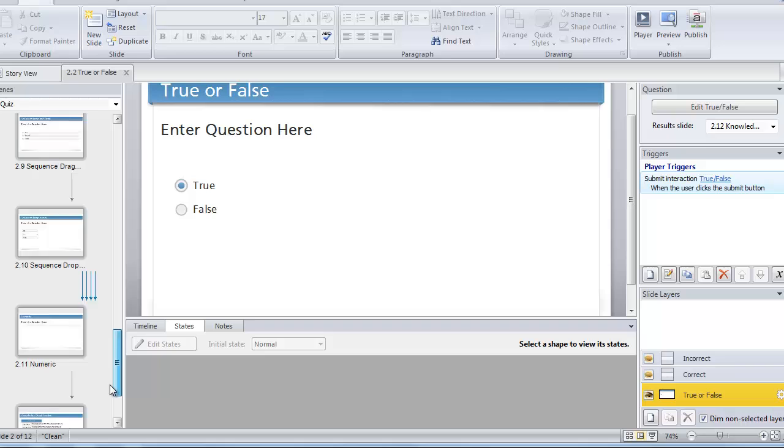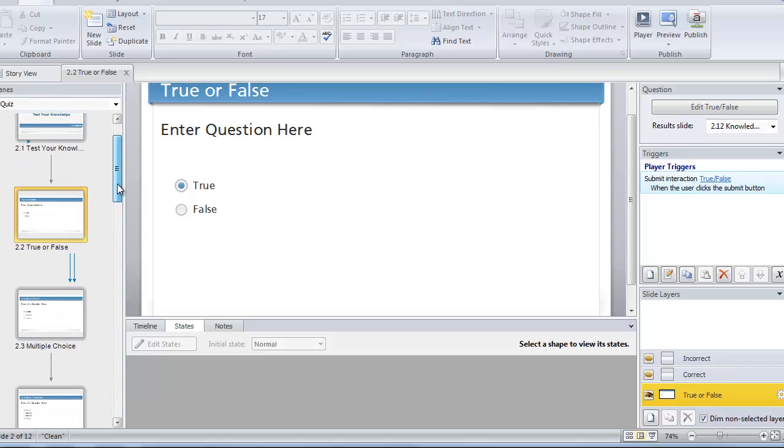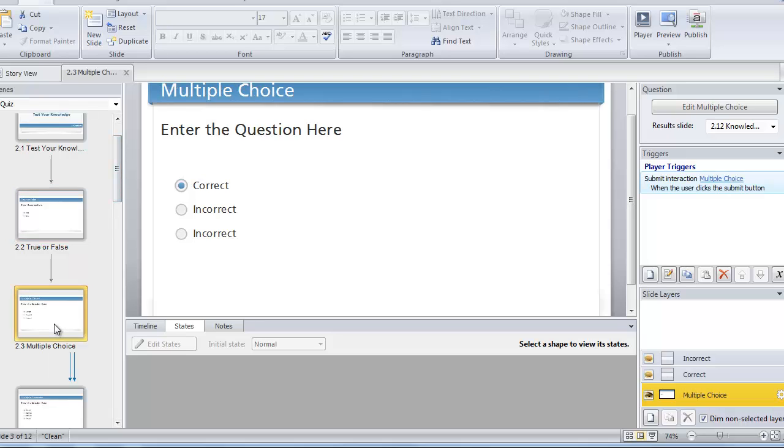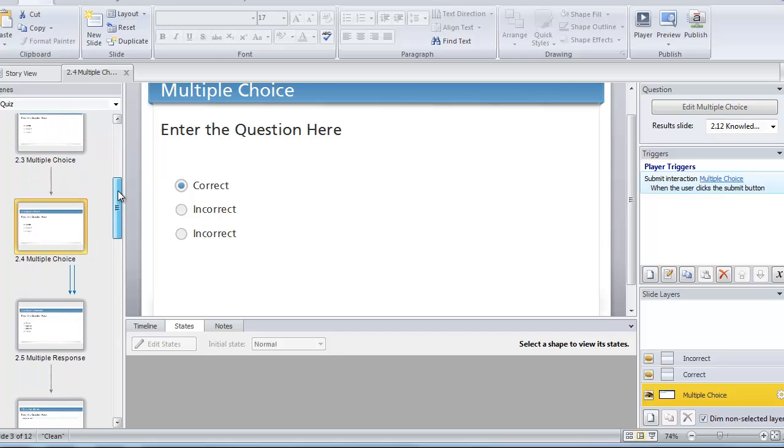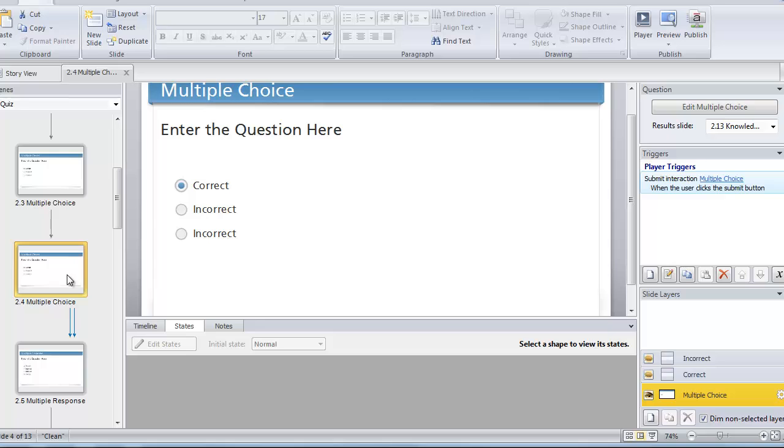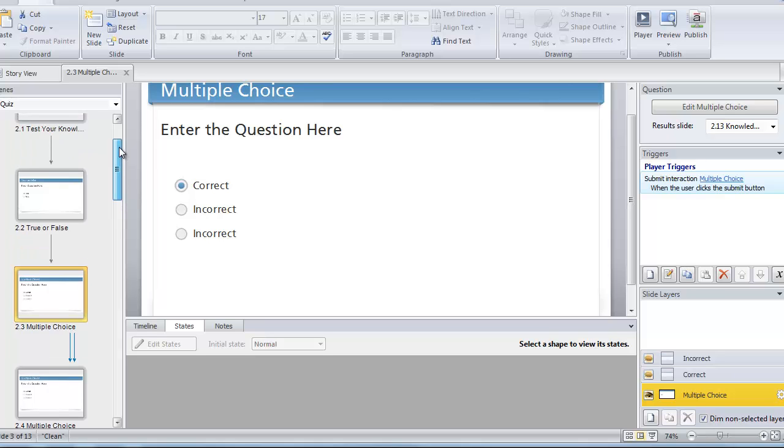And again, you may or may not want to use every one of these question types. So again, feel free to delete the ones that you don't want to use. If, for example, you need more than one multiple choice, simply copy and paste the question inside of your scene. So here I just pasted another multiple choice question. So now I have two. So again, you can duplicate these as many times as you want to, depending on how you want to set